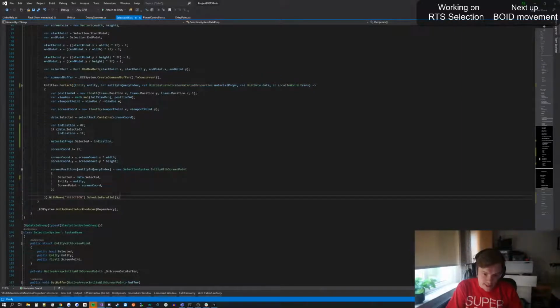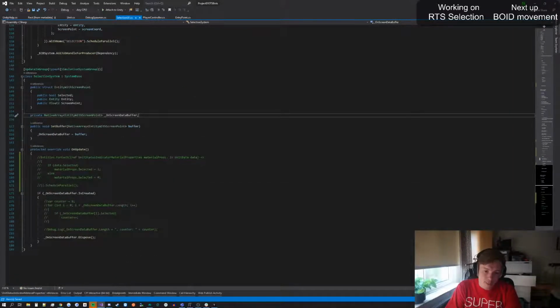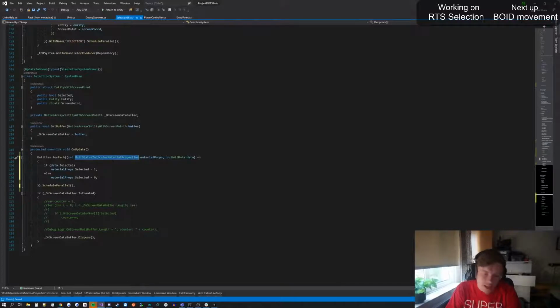So this doesn't run anything anymore. If we remove this, this will work, and this should work exactly like we expect. But now we have the same problem over here, that there's still no entity which owns both the unit data object and the material property object. So what we need to do is remove this,